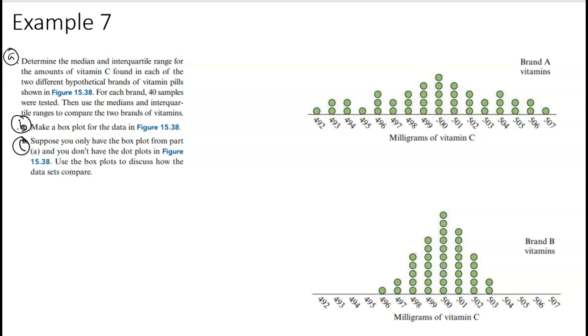So if we have 40 data points, the middle value is going to be the 20th and the 21st point. That's halfway across. So let's find that 20th point. Now, it does matter which direction you start. Once you pick a direction, that's the direction you need to go in. So if I start here, then I'm starting at the low. 1, 2, 3, 4, 5, 6, 7, 8, 9, 10, 11, 12, 13, 14, 15, 16, 17, 18, 19, 20,